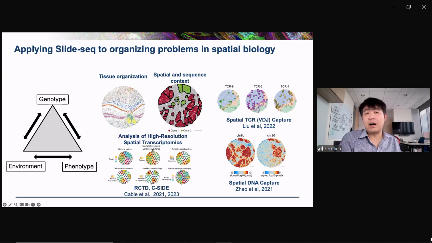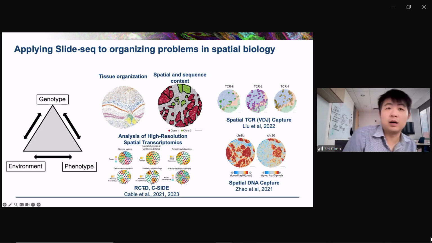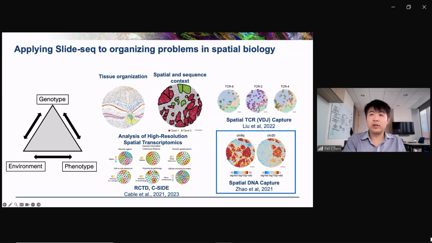We developed some tools to allow us to do this computationally, that folks are using. This is on GitHub in a package called SpaceXR. This is an approach that allows you to take single cell references and assign cell types to spatial capture data, and this is an approach that allows you to do spatial differential expression. But I just want to use one of these examples where we developed a spatial DNA capture approach to illustrate how we were thinking about these questions of how does gene expression change as a function of environment when we first developed these technologies.